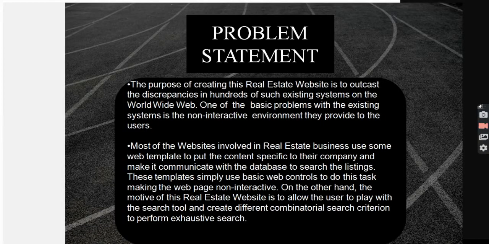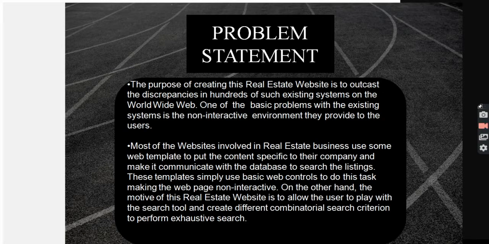The problem statement for this website is: the purpose of creating this real estate website is to outcast the discrepancies in the hundreds of such existing systems on the World Wide Web. One of the basic problems with the existing system is the non-interactive environment provided to the users.